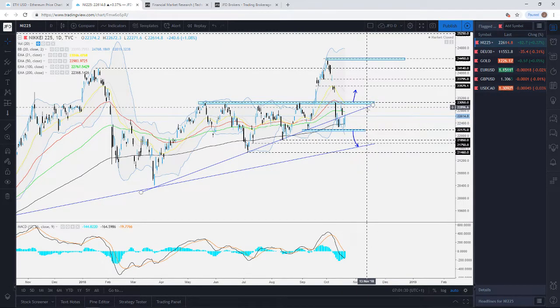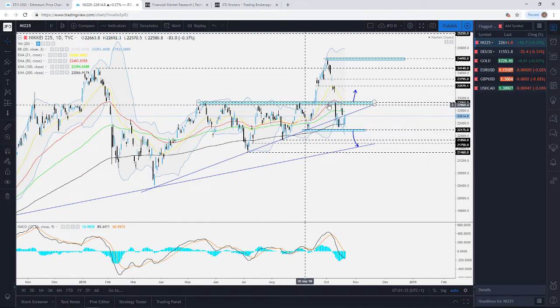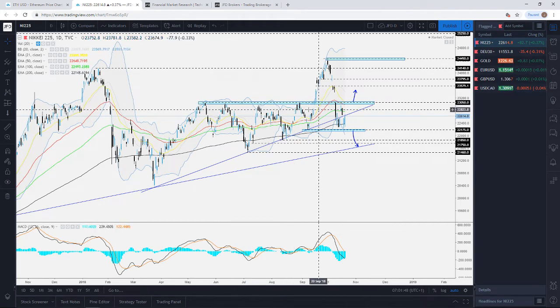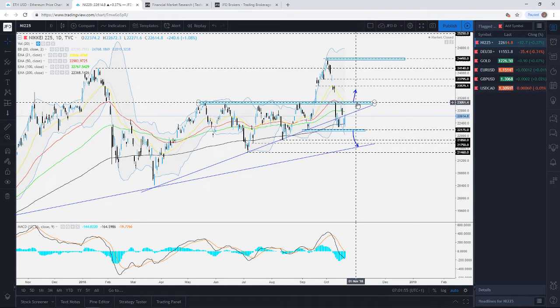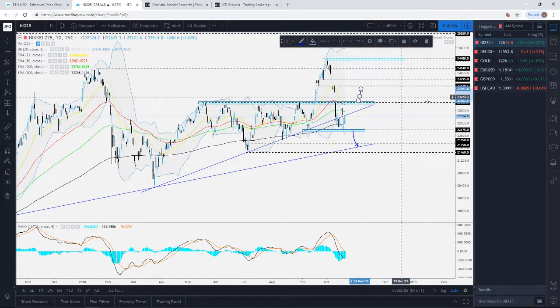On the upside, we're going to keep an eye on this short-term upside support line taken from the low of the 26th of March, but also, for a better upside confirmation, on this 23,050 zone, which acted as a very nice area of resistance in the past. As you can see, it acted as a very strong resistance in the previous months. Now, a nice good break above that, and especially a nice good close above that level on the daily chart, we could probably expect this one to travel a little bit higher, maybe even aiming towards the